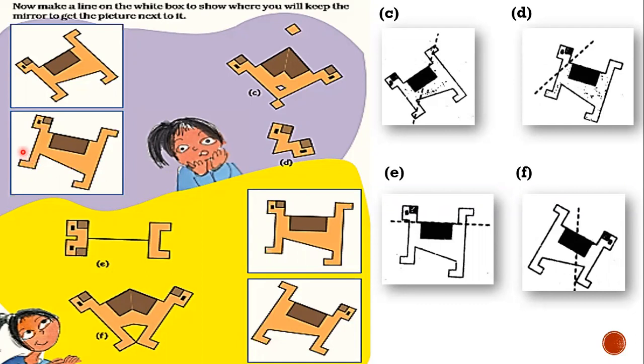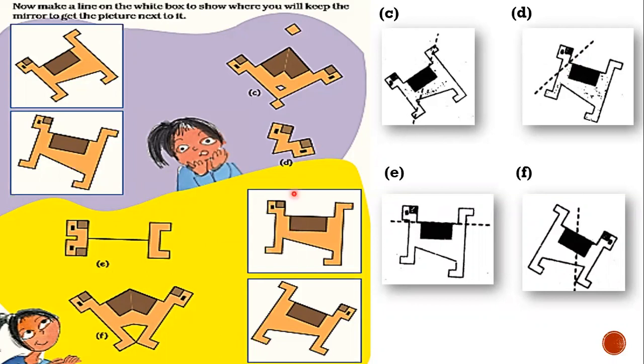See, here in this position you have to keep the mirror for getting such a mirror reflection that I have taken here. See this way, see this movement of the pointer only. If we keep the mirror on this line, we can get a reflection like this. Same way here,